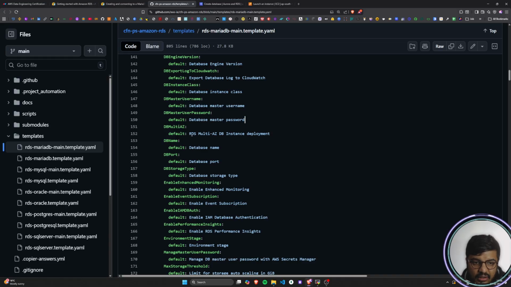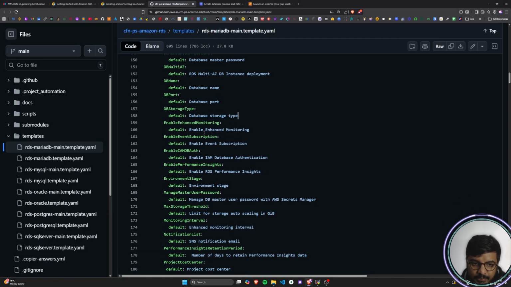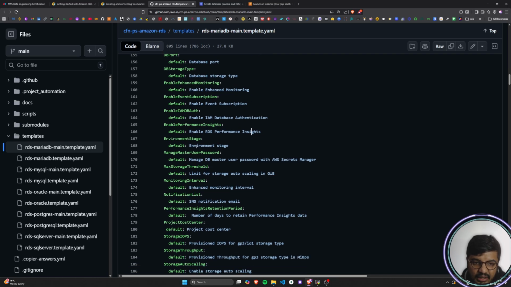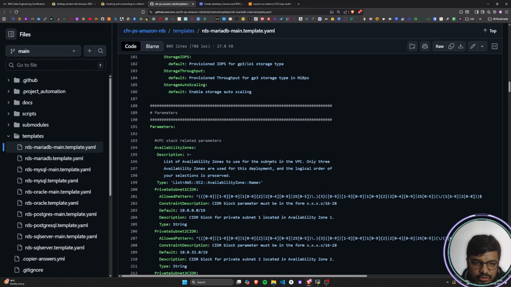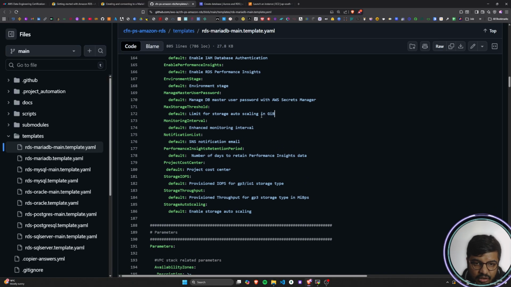Master password, RDS multi availability zone instance deployment, database name, database password, database storage type, enable enhanced monitoring, enable event subscription, enable IAM database authentication, enable RDS performance insights, environment stage, right? Manage database user password using AWS Secrets Manager, and so on. There will be multiple other things, right? Limit to storage and auto scaling in gigabytes, enhanced monitoring interval, SNS notification email, number of days to retain performance insight data,